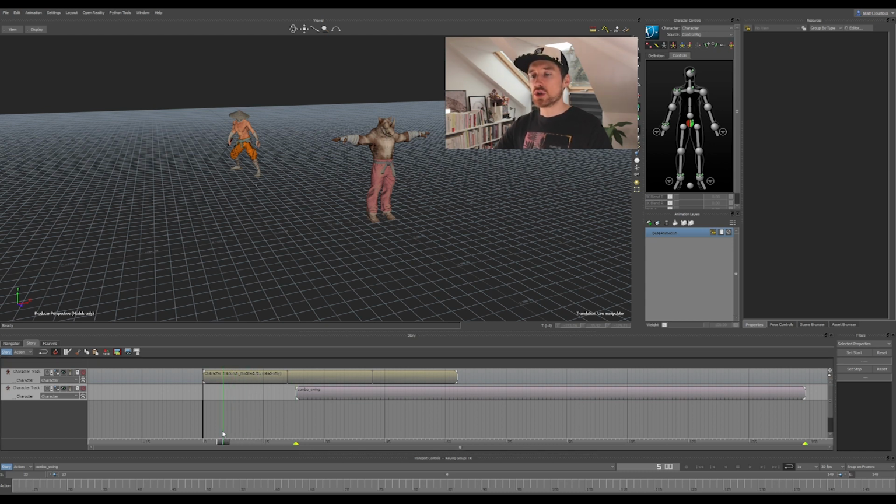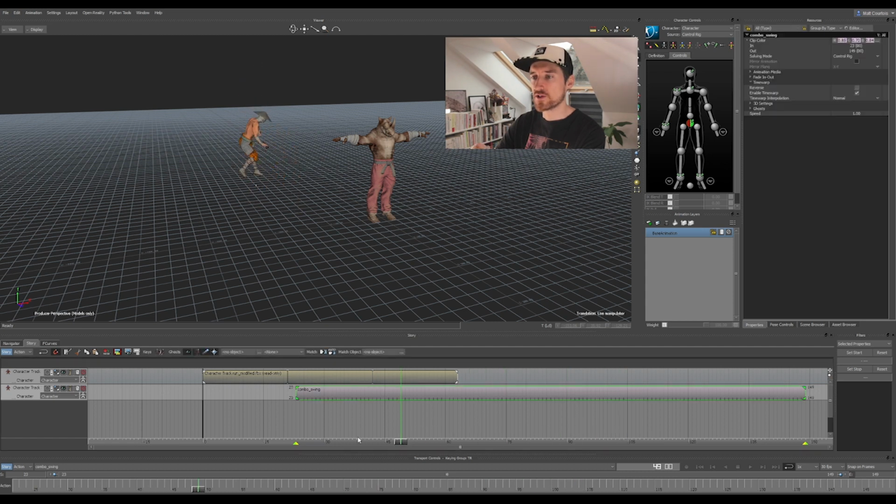Okay, so just like in a video editing software, this is working as a timeline, which means that the lowest track, or one track, actually overrides the content from all the tracks set above. So you would expect to see the running animation over here, but you can see that you're not seeing this, and instead you're seeing a pause, which is the first frame of the combo swing clip, which is set here.